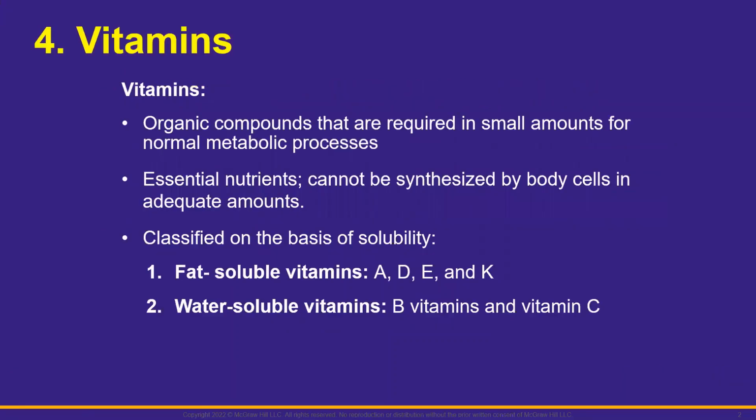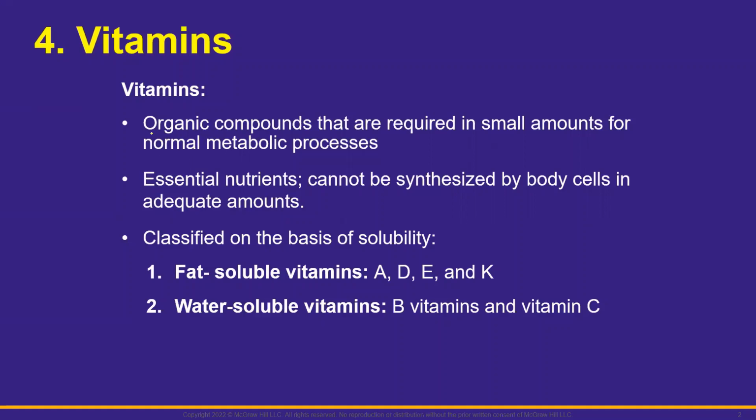So just remember that our body needs nutrients. There are two types of nutrients. Major nutrients or macronutrients consist of carbohydrates, lipids, and proteins. We already discussed these three major nutrients in part 1. Now we are going to the second type of nutrients, which is minor nutrients or micronutrients, that consist of vitamins and minerals. So we start with the vitamins.